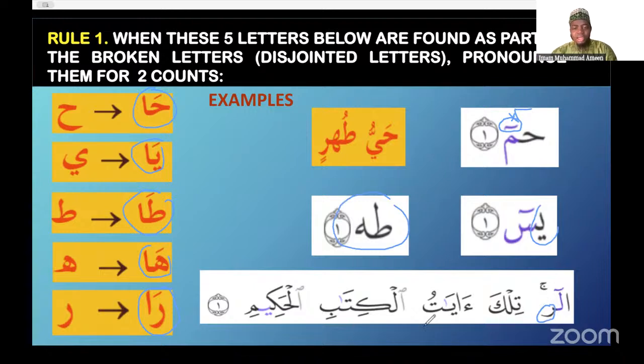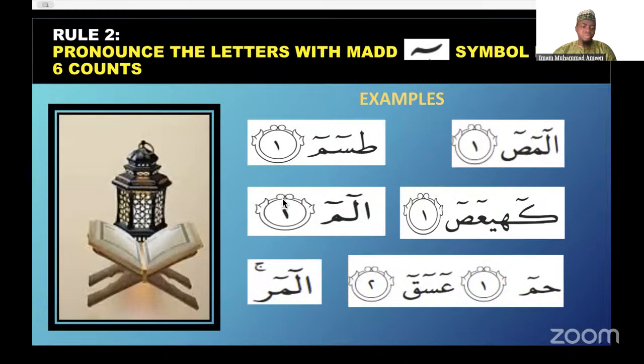Right? تلك آيات الكتاب الحكيم. So that's how rule number one works, right? Anytime you see these 5 letters as part of the broken letters, they get pronounced 2 counts with a mad tabi'i. So the second rule is the rule of the mad symbol itself, which I've actually briefly explained a